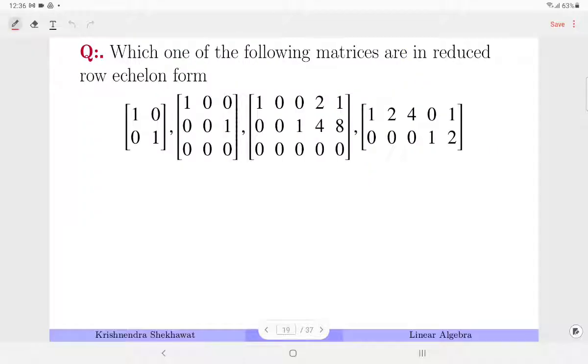So again, let's check if the following matrices are in RREF. Take your time, and you will see that all of them are in RREF, because above and below all the pivot entries, all other entries are 0, and if there is any zero row, it is at the bottom.